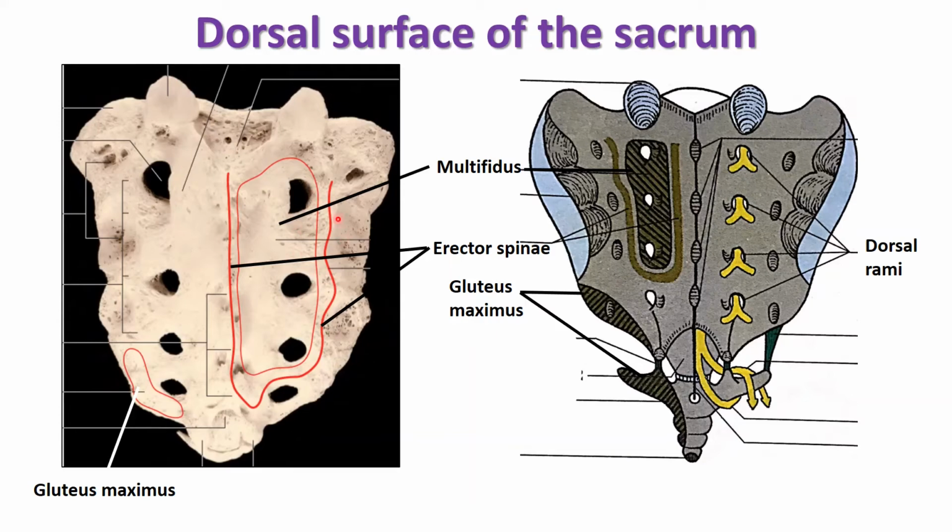The area in between this U-shaped line gives origin to the multifidus muscle. Multifidus muscle is a muscle of back again, takes origin from posterior surface of sacrum or dorsal surface of sacrum, posterior superior iliac spine, which you have seen on the hip bone,